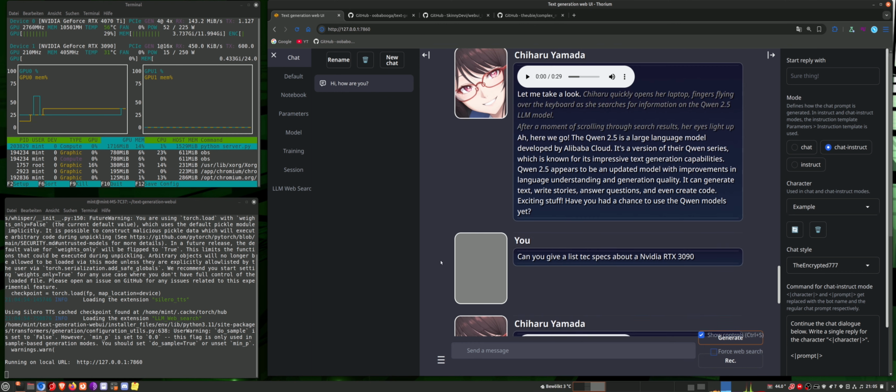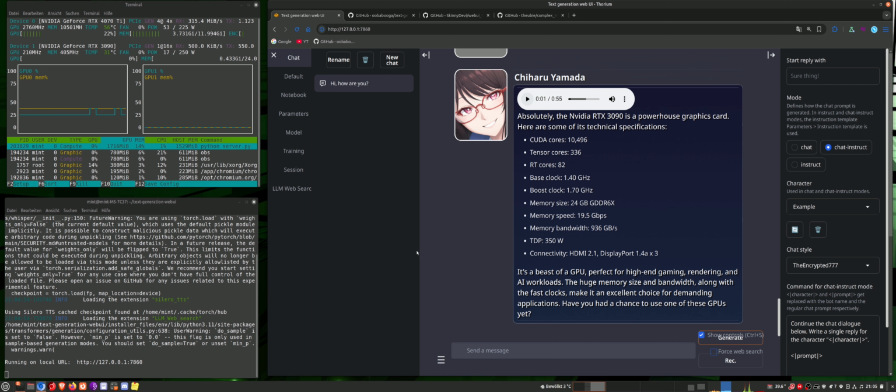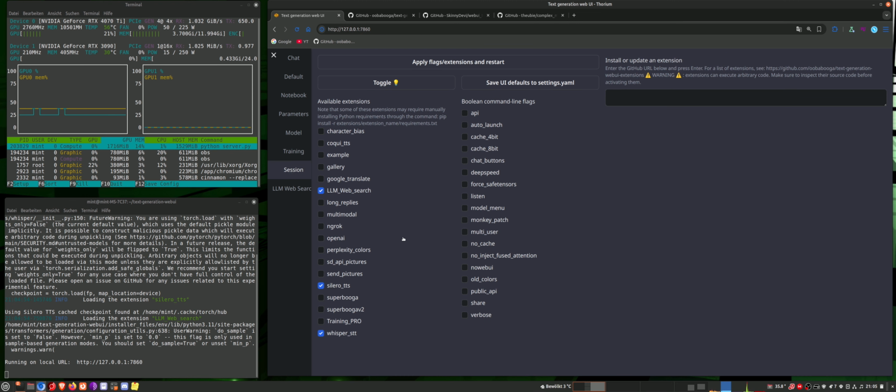So, yeah, we installed the web search extension, which works very well. So, let's go on. There are a few other extensions which are really nice. From this list, I go from the easiest to the hardest to install plugins. I would suggest Character Bias, which is also used in a lot of professional chatting